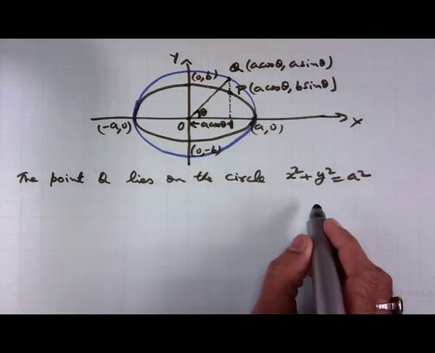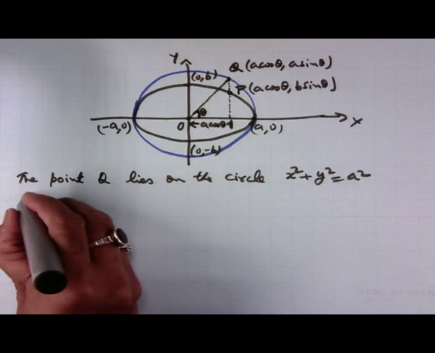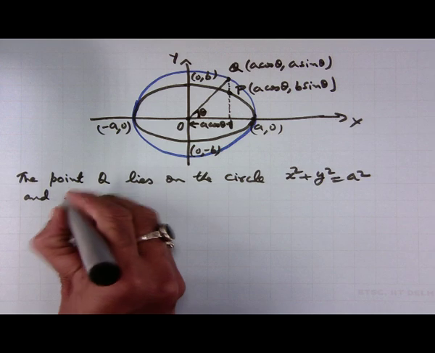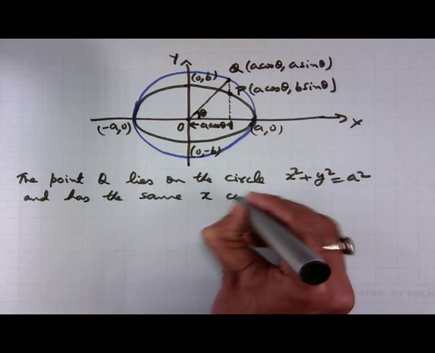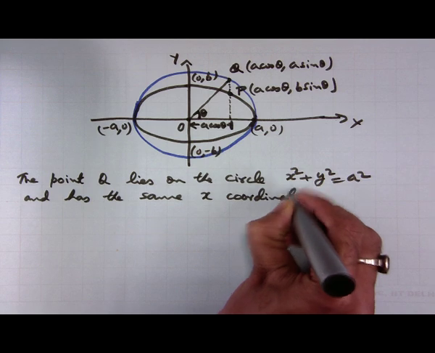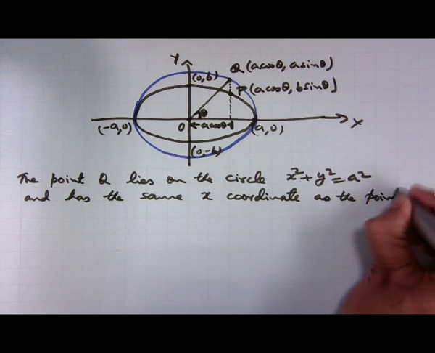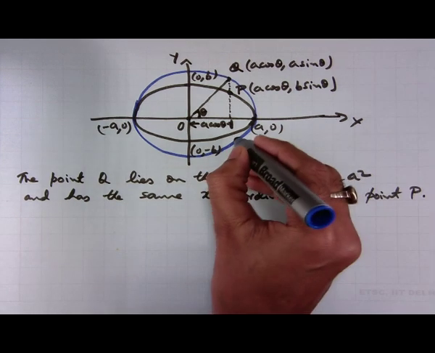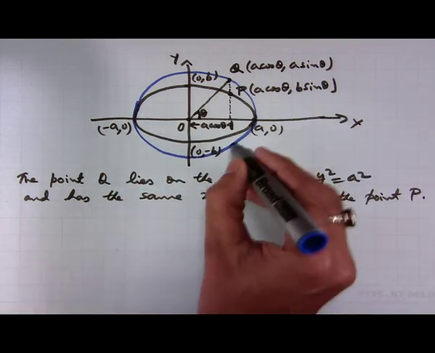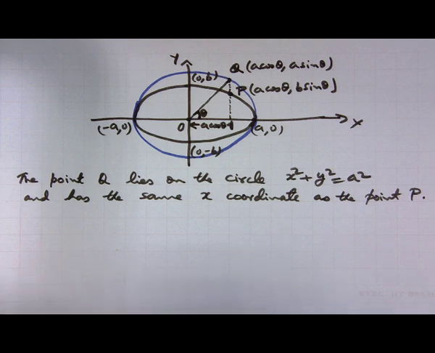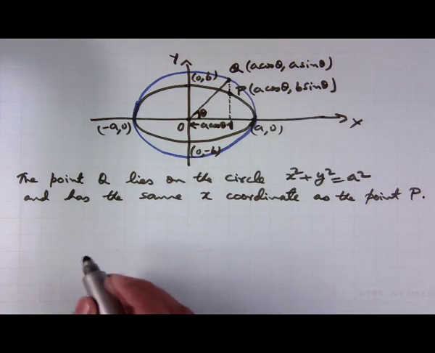So, this point Q lies on the circle and has the same x coordinate as the point P. This is the circle whose radius is a. So, we can find this angle theta by